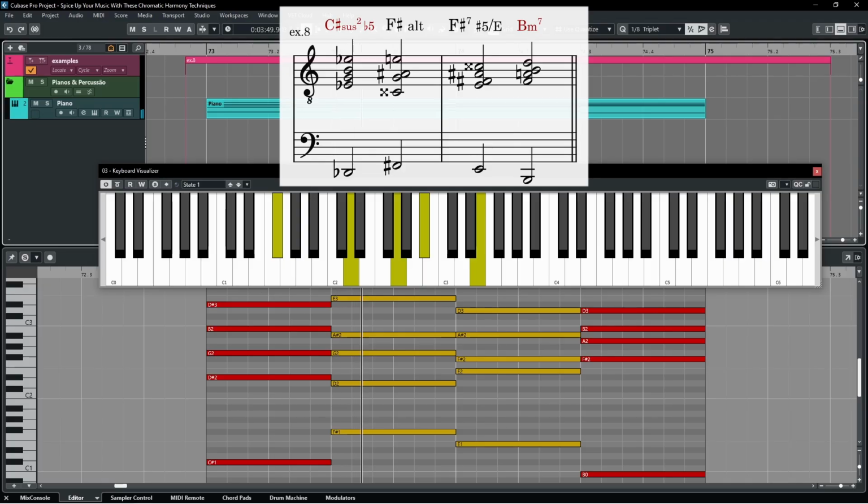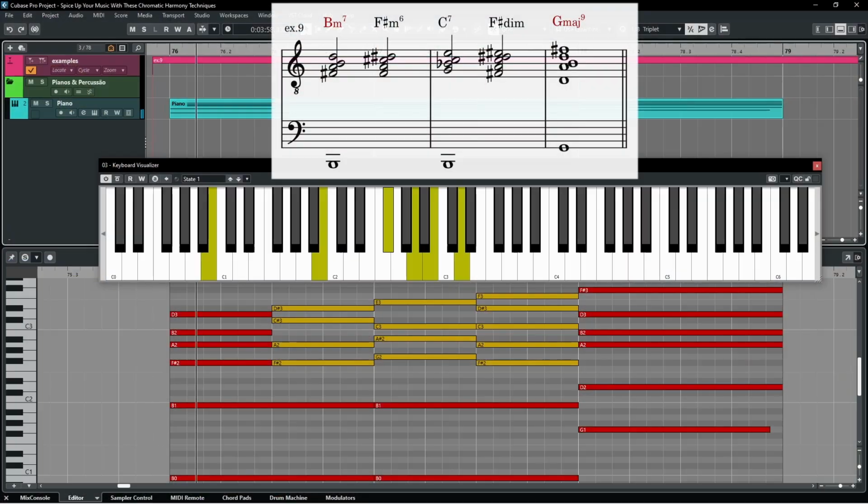After this, I chose the F sharp altered that succeeds chromatically from the C sharp half diminished. And then its chord voices settle on an F sharp 7 sharp 5 with an E on the bass, a secondary dominant that resolves to the target chord B minor 7. And what happens next is the result of adding a chromatic melodic line above the chord structures. Meanwhile, I kept the pedal point on B in the bass, sustaining the harmonic tension as it approaches its resolution.